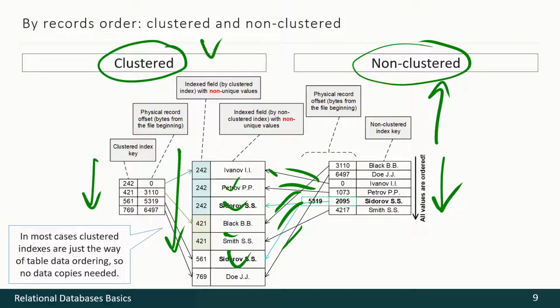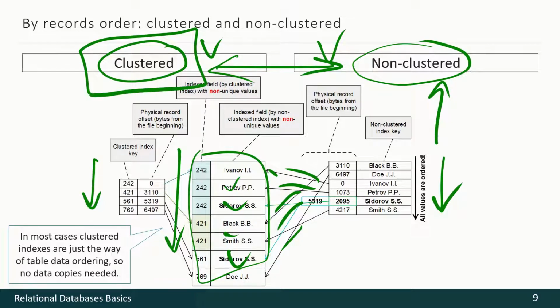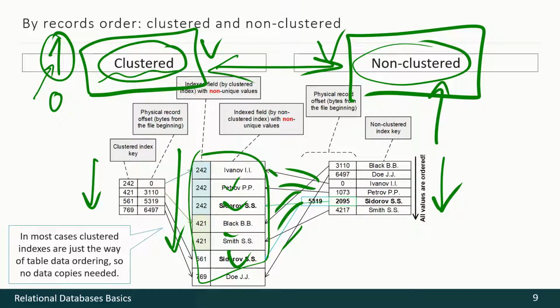So the correspondence or lack of correspondence of index records and data records is the only difference between those indexes. And we should emphasize that any table may have only one clustered index, maybe 0, but no more than 1. And each table may have as many non-clustered indexes as you wish.